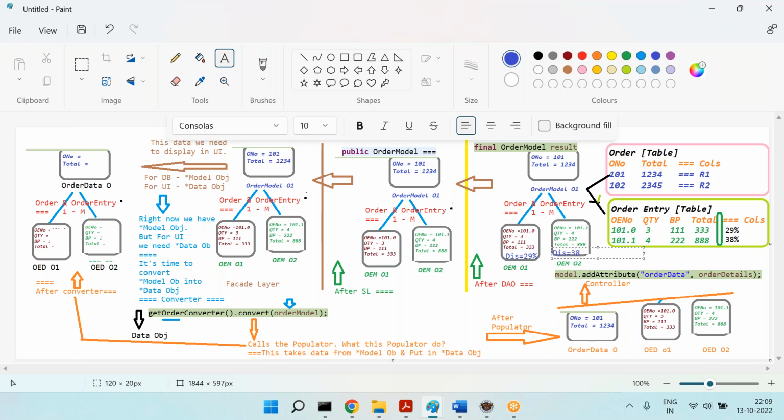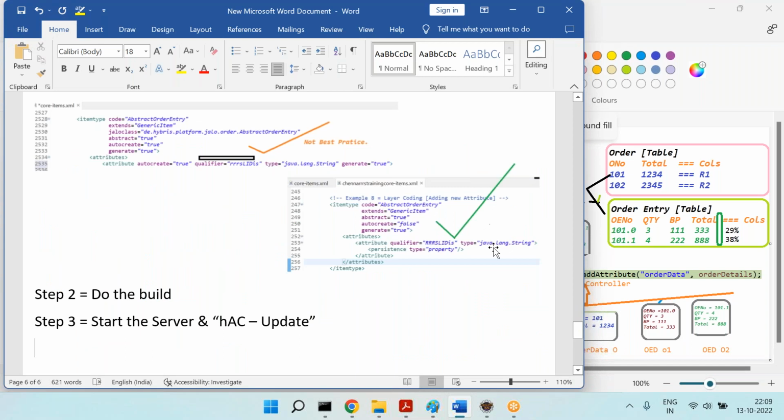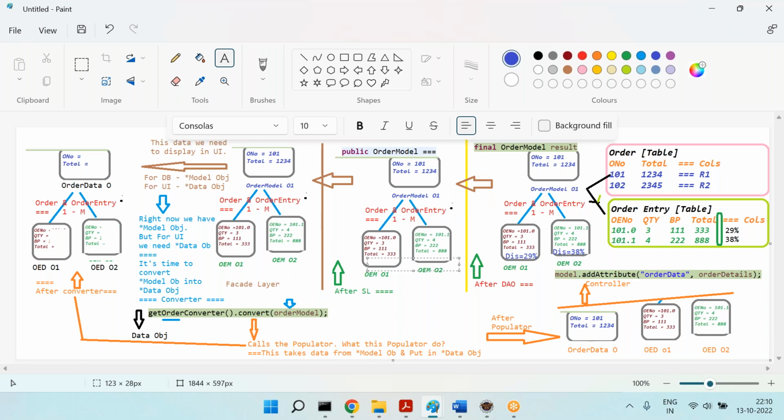38%. Like that, discounts are there in these model objects. Okay, that's it. Now these model objects are written to the service layer. So therefore here also the discount will be 29%, and the discount will be